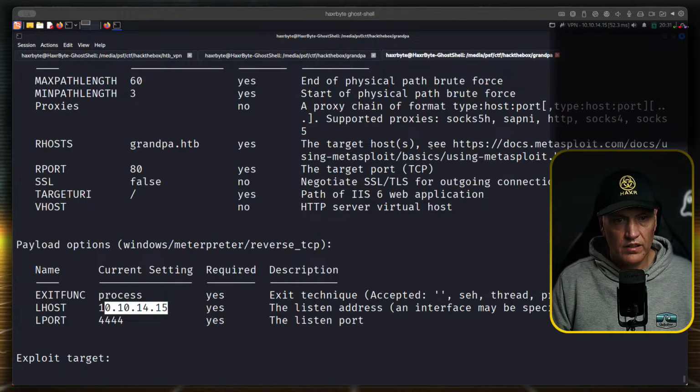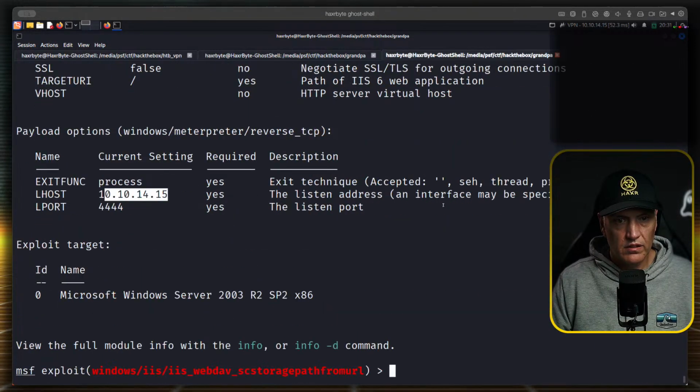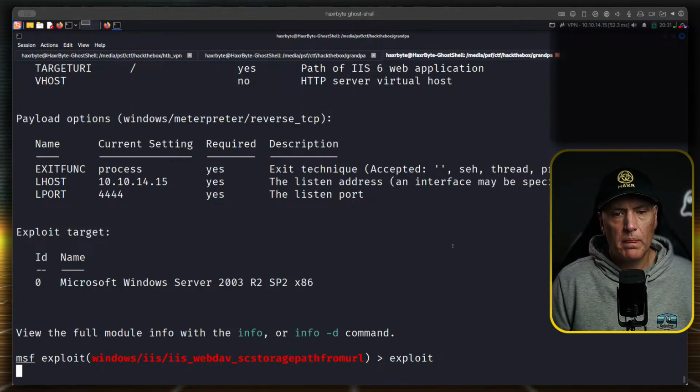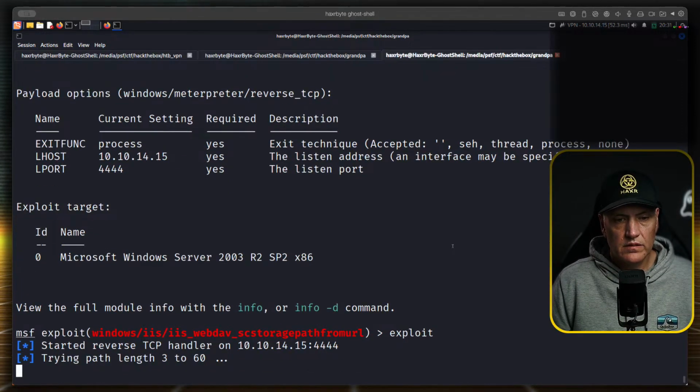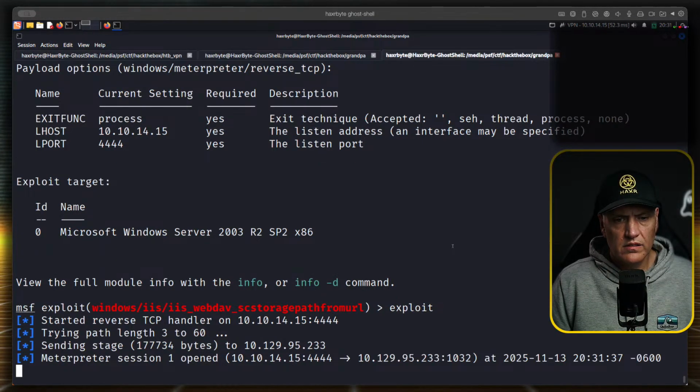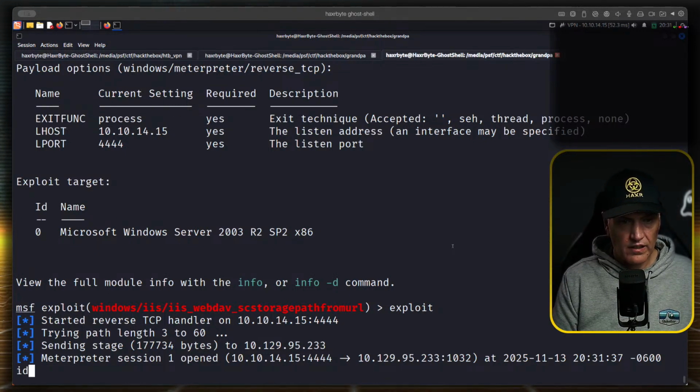Okay, I've got nothing to lose. Let's see. Exploit. Sending stage. We've got a shell. Chat, we've got a shell. Can you believe it? ID.